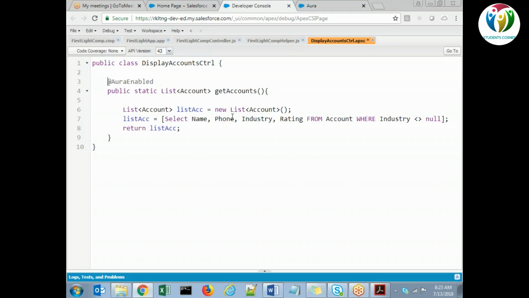And why I'm recommending it to you, because let's say you have built one application, you are using alert. At the time of deployment, you have missed any alert, and when actually a user is using it, they are getting the alerts. So that does not make any sense for the users, having unnecessary alerts. So better to use console.log.